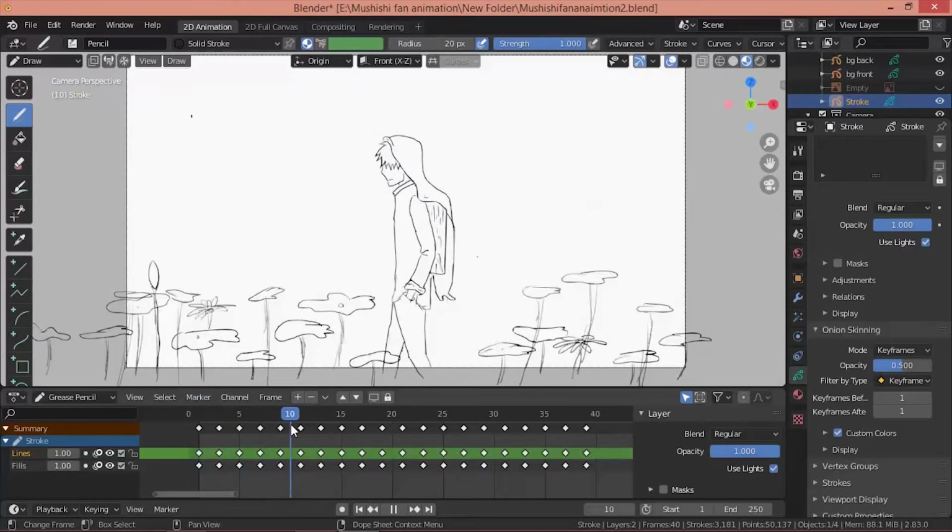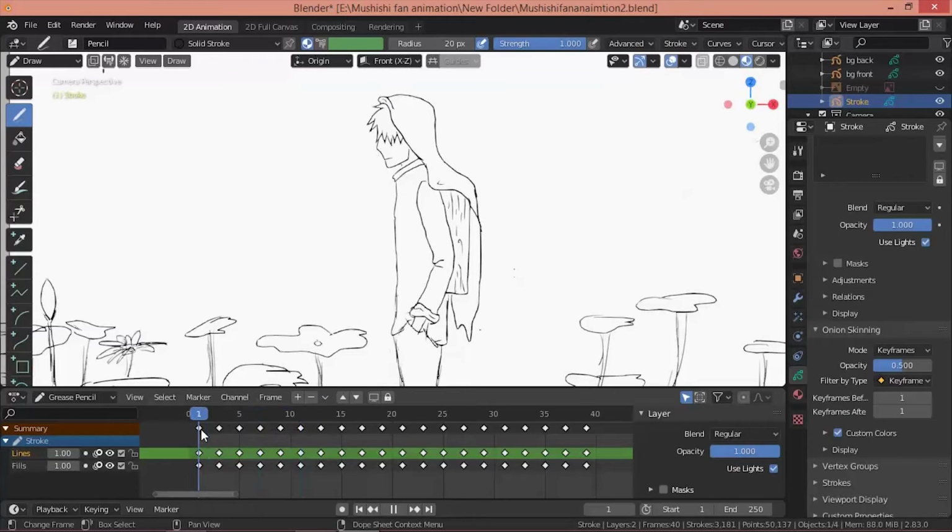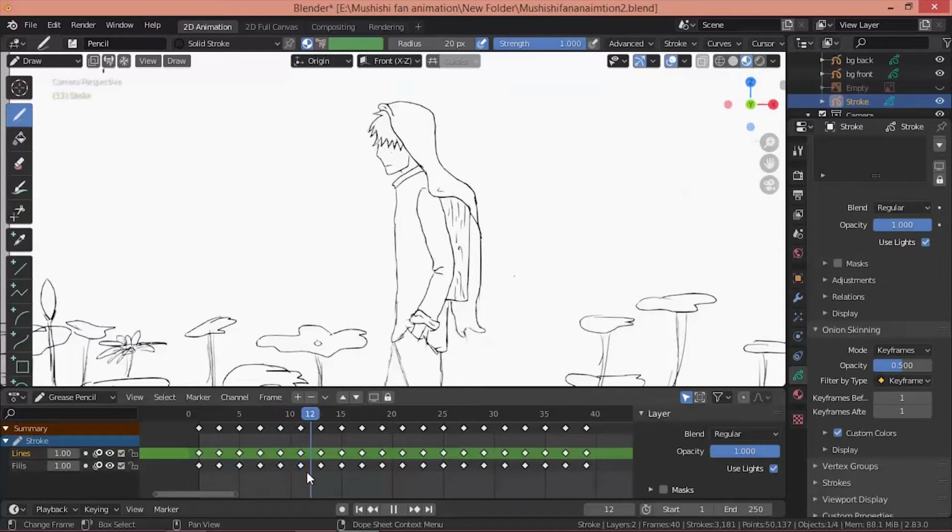The second key pose was of him walking, and if you notice in this key pose, what happens at frame 11 is that when he's standing straight, he's slightly taller, and then his whole body goes slightly down as he walks ahead, and there's slight movement in his hair as well.